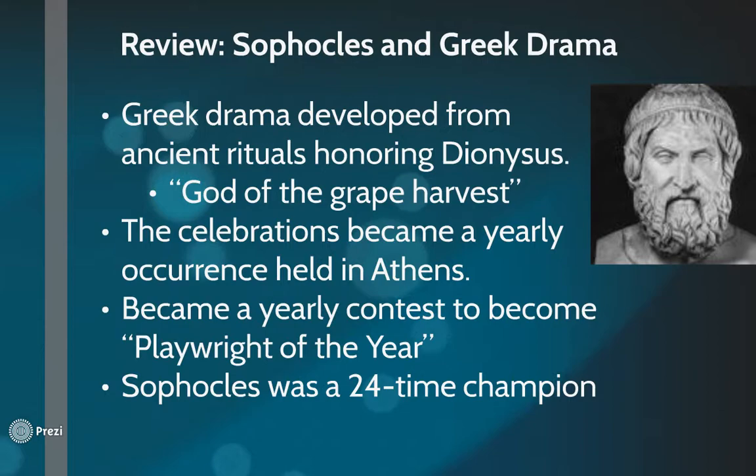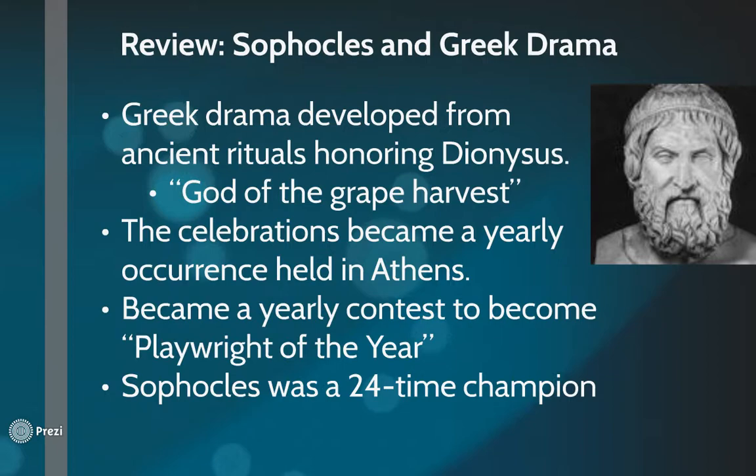Three of them are a trilogy, Oedipus Rex being one of those from that trilogy. Probably his most famous play of all the ones that he wrote. So he's written 123 that we're aware of, but only 7 are still in existence. That seems like a really small number because it is, but when it comes to ancient Greek playwrights, and really